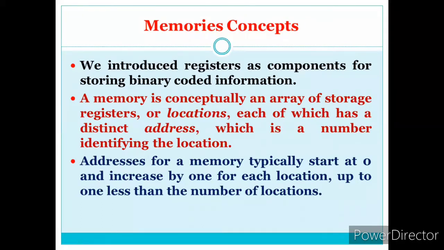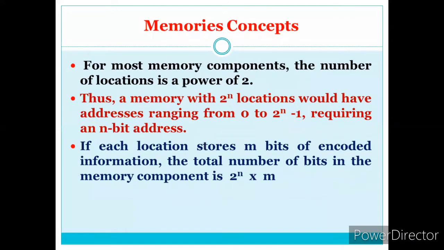What's the meaning of that? For example, when we study number systems, we see binary. When we say binary, it is base 2, and we see 0 and 1. Same with octal, 0 to 7, hexadecimal, 0 to 15, decimal, 0 to 9. Like that, here also the memory location starts from 0 and goes up to the number of locations minus 1. Let us see a simple example on this.